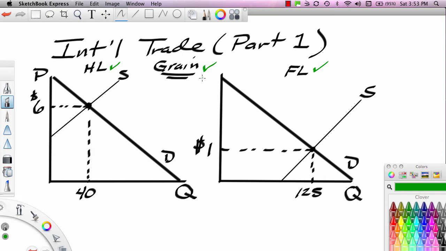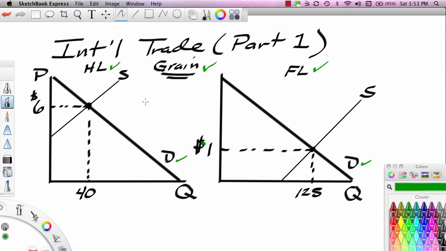Now, we assume that the listener has a basic understanding of market theory and understands how a two-dimensional model in market theory works. So we have our basic supply curve and demand curve for each of the producers, and we notice that both of the producers, Hillland and Flatland, have demand curves. You can see here the demand curves look to be identical. In other words, there's no difference on the demand side of these markets. It's not like one country demands a lot more grain than the other country. We've simplified the analysis by holding the rate of demand constant for both countries,